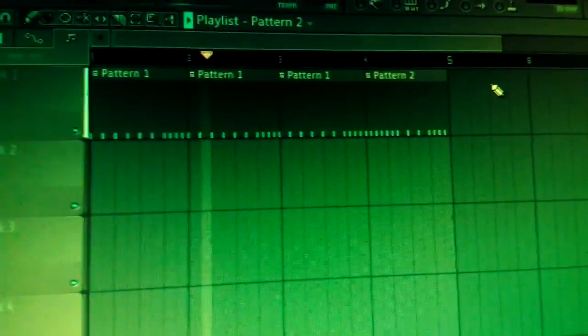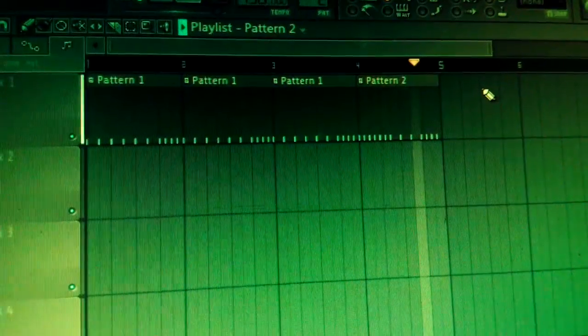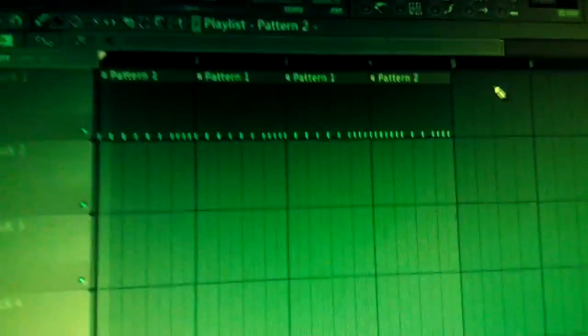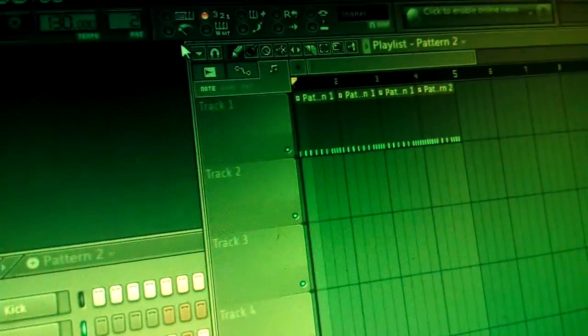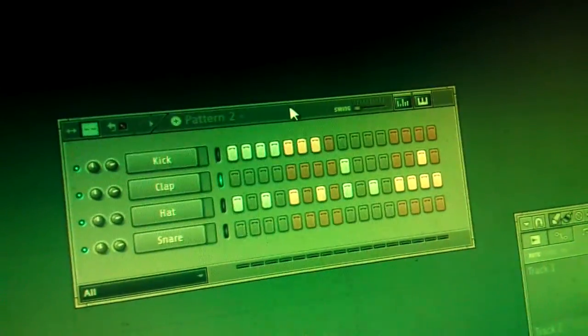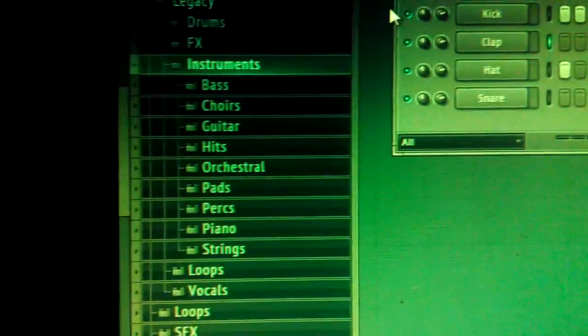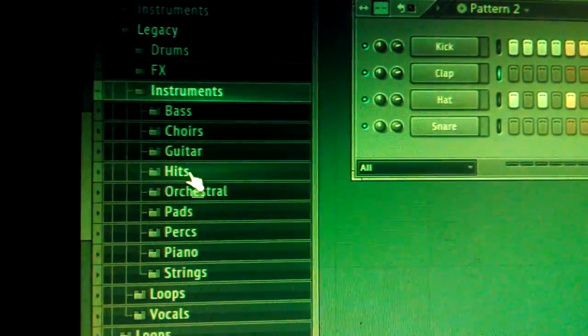Alright, so that's your basic drums. Okay, and now we're going to use instruments. So just zoom out on this. Alright, just put that there. This is our drum pad. Anytime you're going to get a new instrument from your bar here, like, let me see,